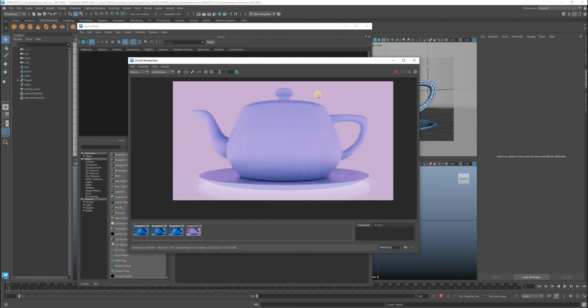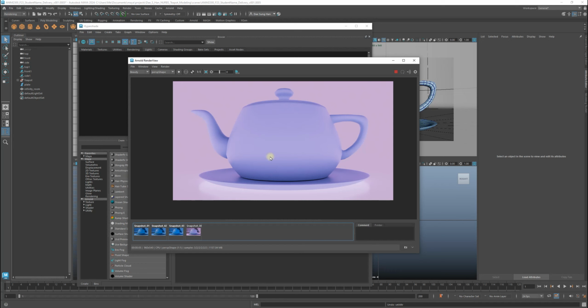Sometimes when you do interactive rendering, it won't render the right way because there's gonna be some glitches. That's why you have to go on the render and the update full scene, which will brute force a full render. That's why sometimes the IPR can be a little